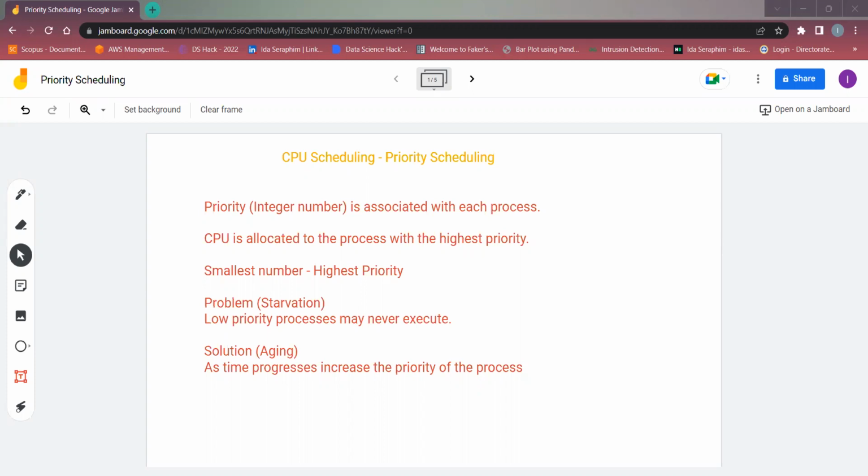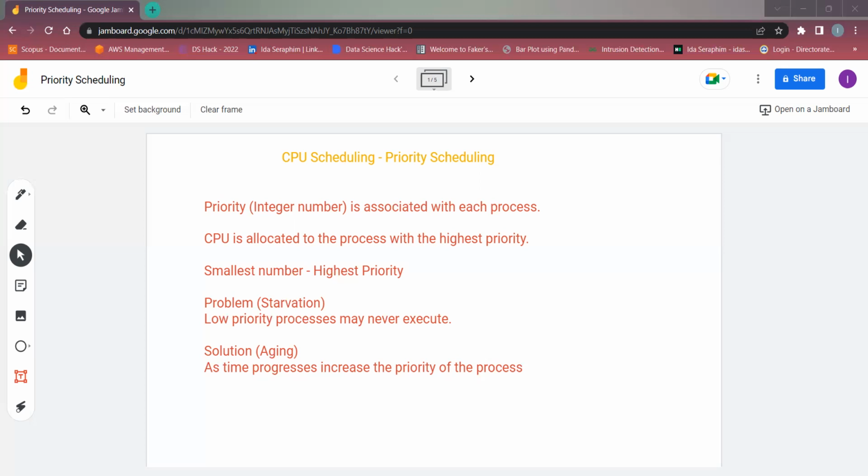It is an integer value, or we call it an integer number. Each and every process has a corresponding priority value, which will be an integer number. Here the CPU is allocated to the process with the highest priority. As you know, in SJF, the process with the smallest burst time will be given the CPU. But here in priority scheduling, the process which has the highest priority will be given the CPU